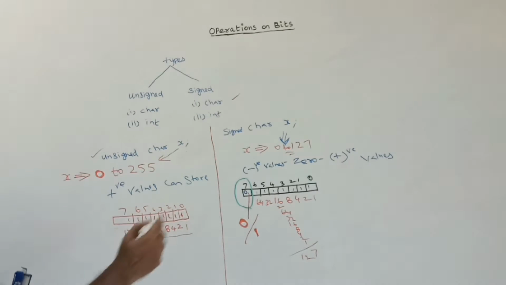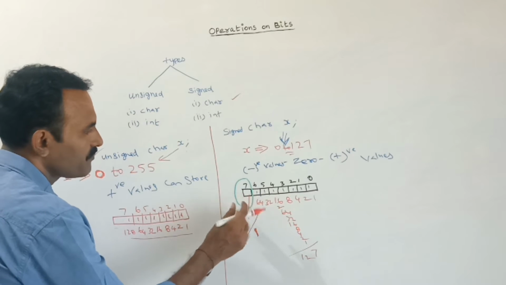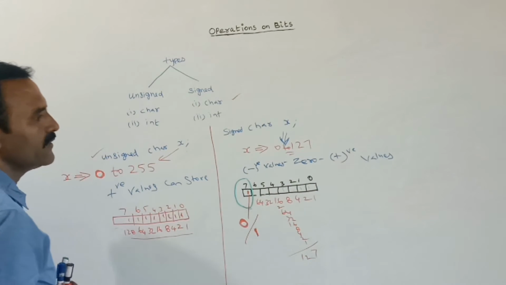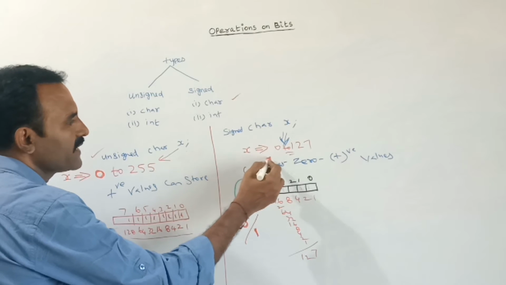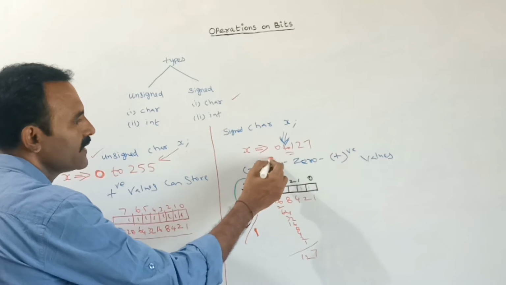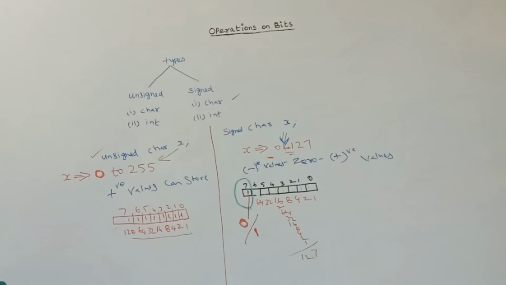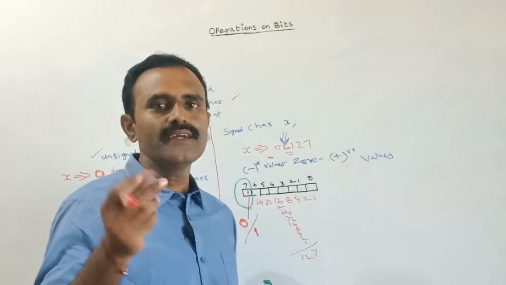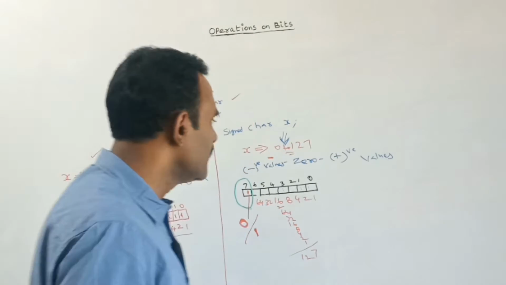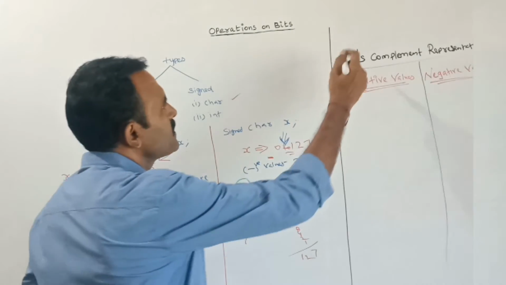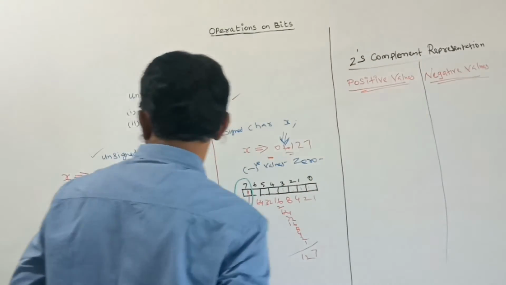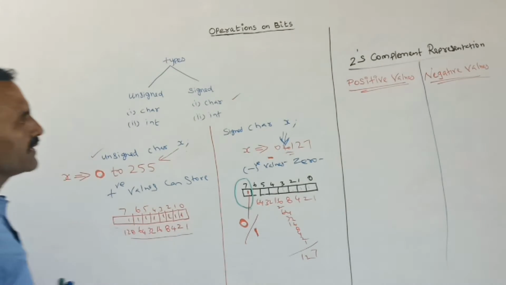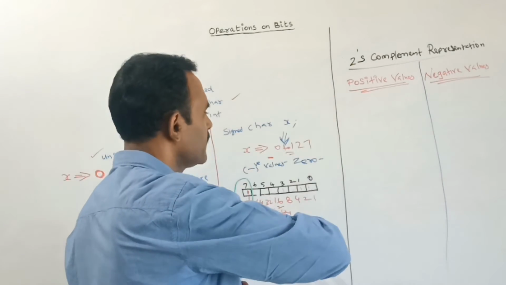See, if it is 1, then it shows the negative value. So what is the minimum value we can give? The minimum value, that is a negative value. So here we should convert these binary values to 2's complement value. Then we will get the negative value for that corresponding value. Now let us see how to convert to 2's complement. This is for signed character data. For unsigned you don't need it, because every bit is for positive value. So 0 to 255. Here this is split into negative and positive.